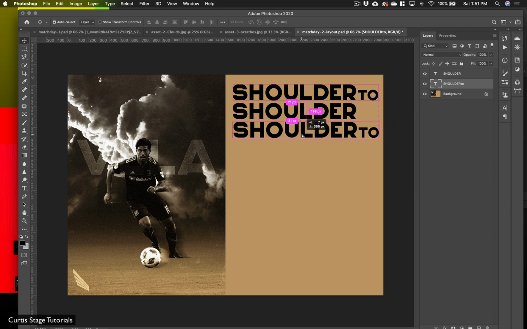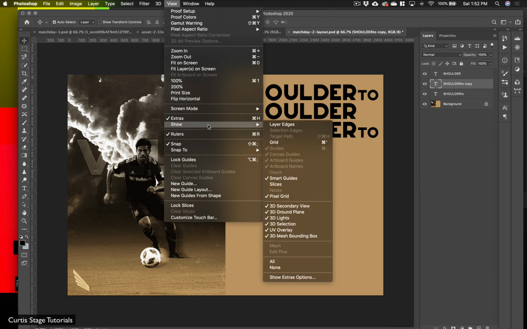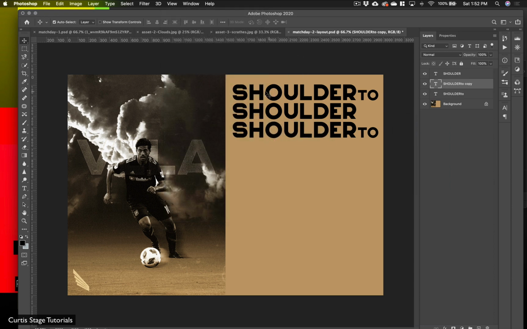So just kind of repeating shoulder to shoulder. Could line it up. I got my smart guides on, so view, and then show, and I've got smart guides. I could turn a grid on as well if I wanted to, but I'm pretty good with this. I want to make sure my sizing is about right in between those. So anyway, I need one of these now, so I'm going to take this, bring